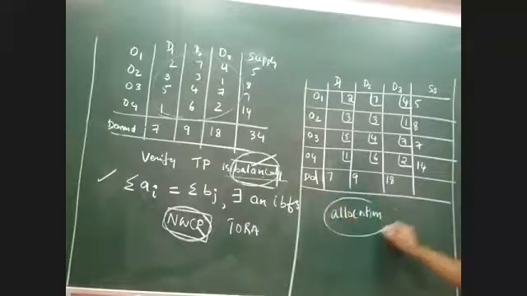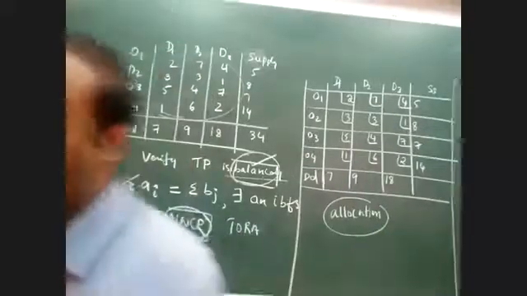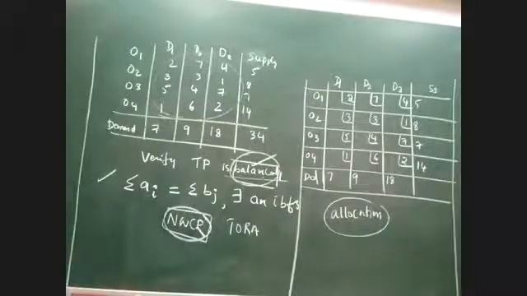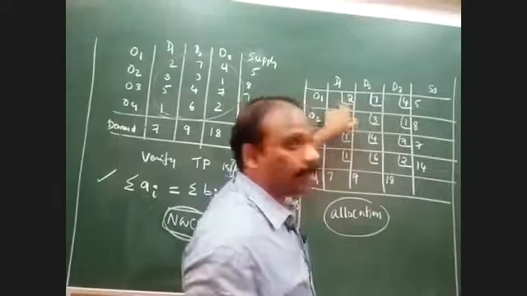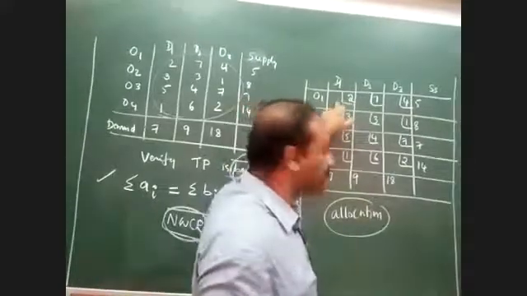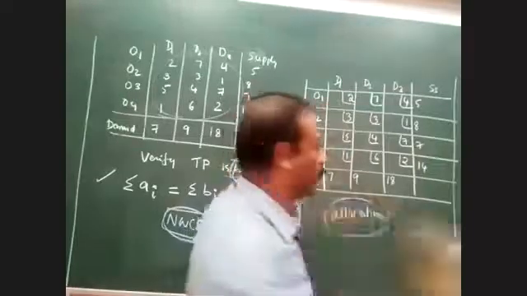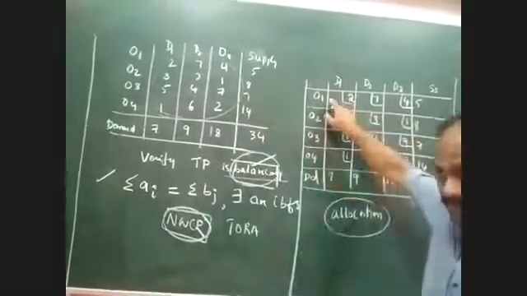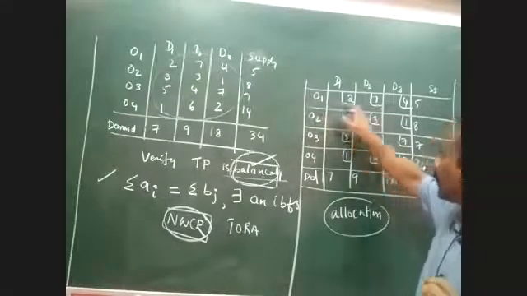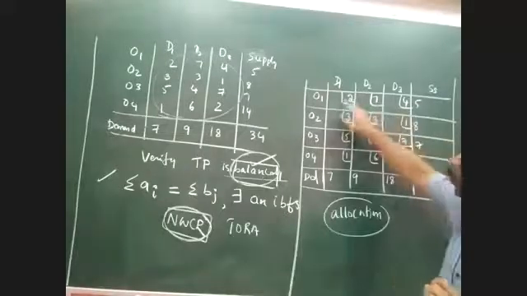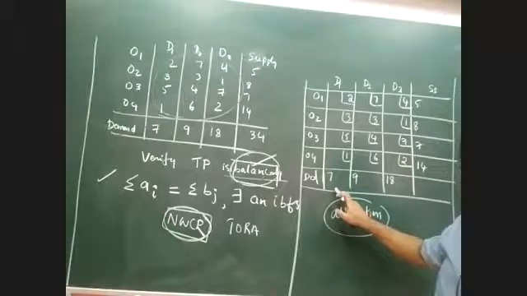Allocation. What is the meaning in terms of funds? They allocate. What is allocate? Distribution of funds to different people. Similarly, I should decide how much I should allocate for this particular position. For each cell here, how much should I allocate? For that, there is a simple logic. If I'm selecting this cell for allocation, I have to see what the corresponding supply value is and what the corresponding demand value is. Compare both the values.